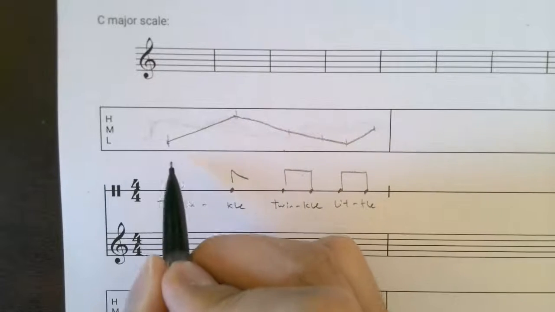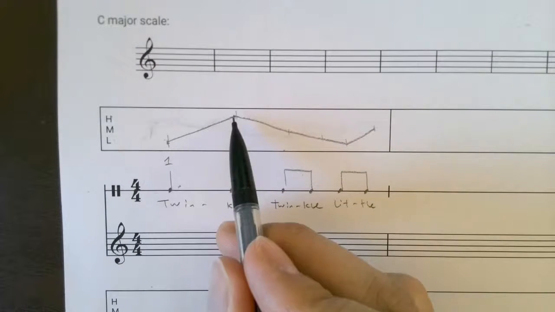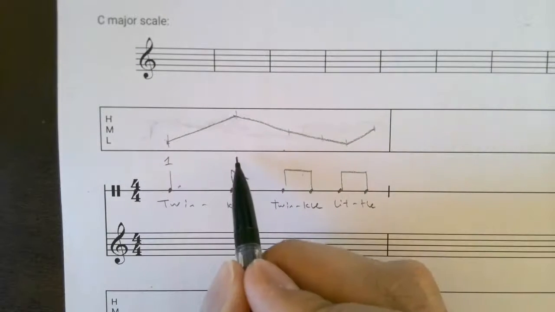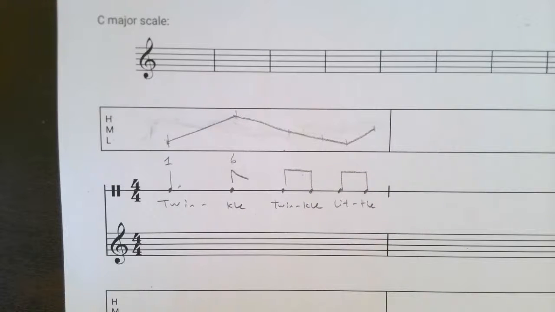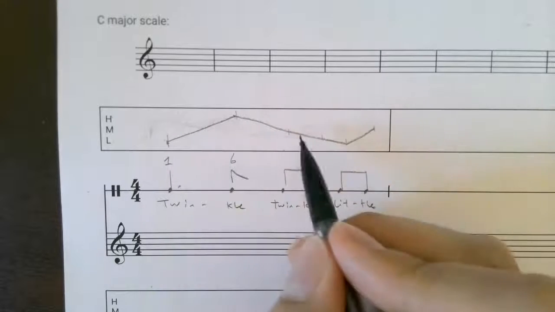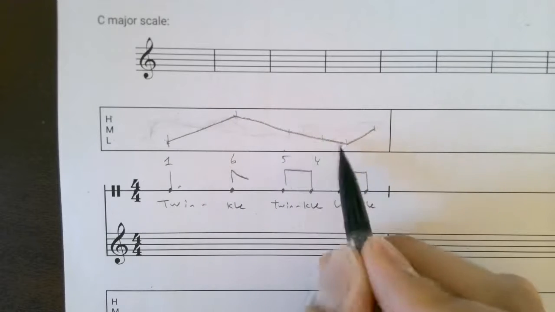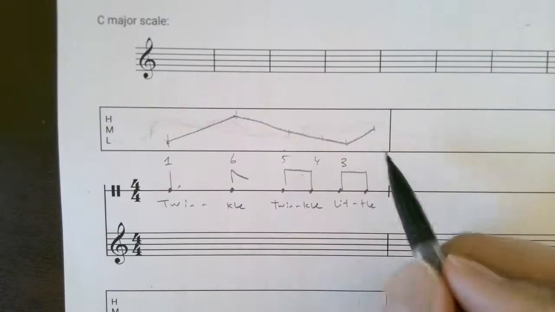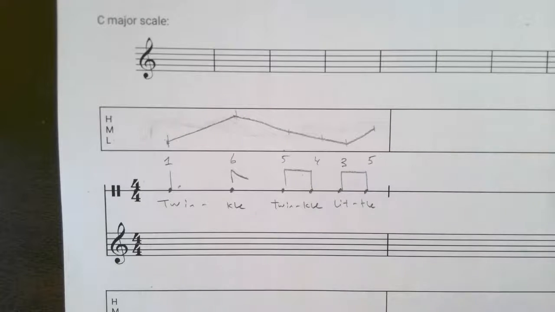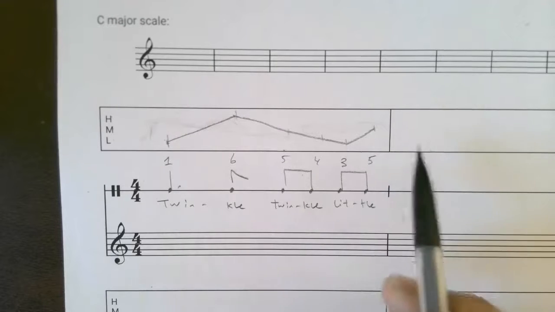Let's say I start with 1, right? So if I went really high, let's say, sure, I'm going to try to think of this as a scale degree 6 because I went up. And I'm going to come back down, so let's say 5, 4, 3, just going along with what I drew here. And then we'll go back up to 5, because I went up a little bit. And you continue on this